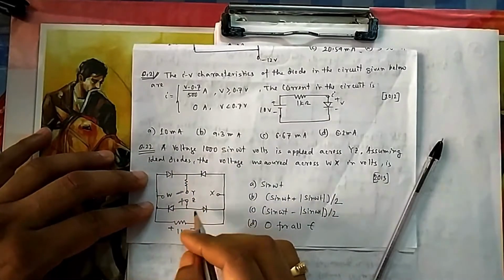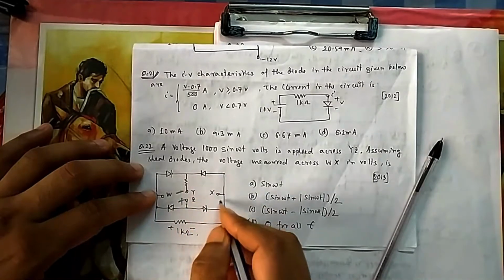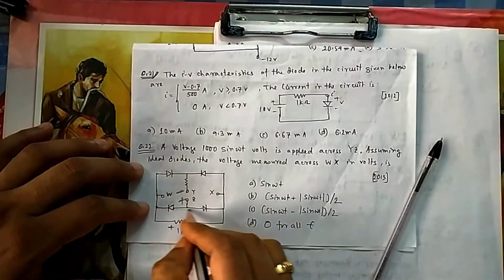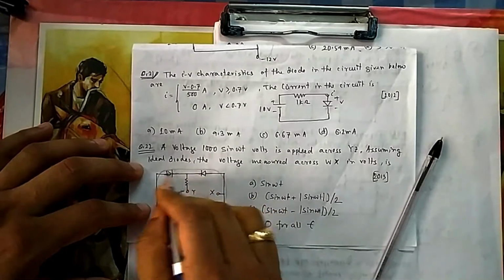So all four are on means what will be the case now? So this voltage and this voltage all will be at the same potential, because on means it is a single line only. Because it is a simple line, it will be a short circuit path only.